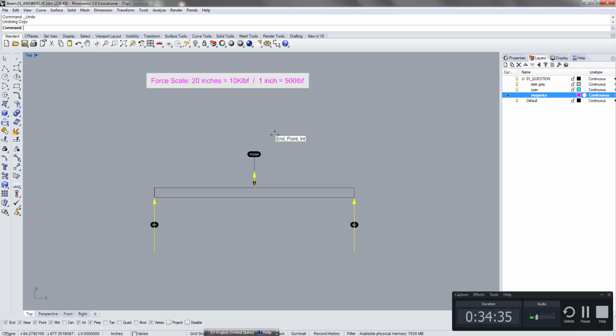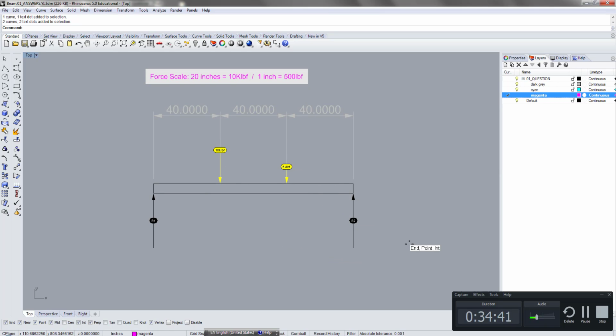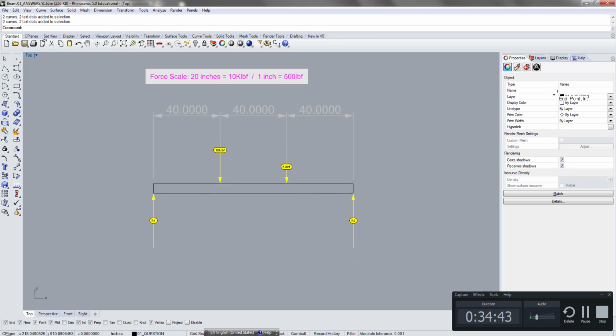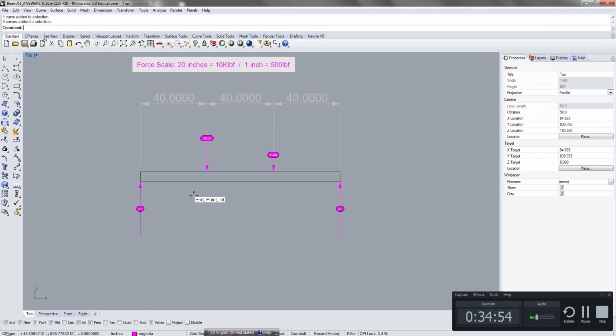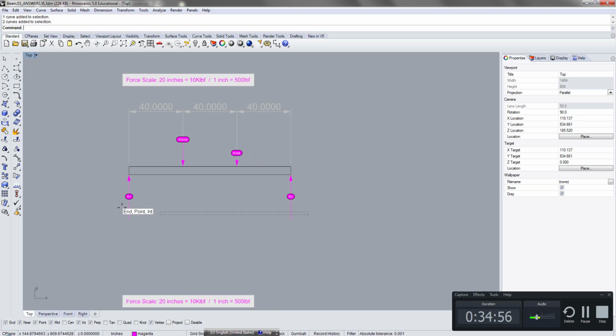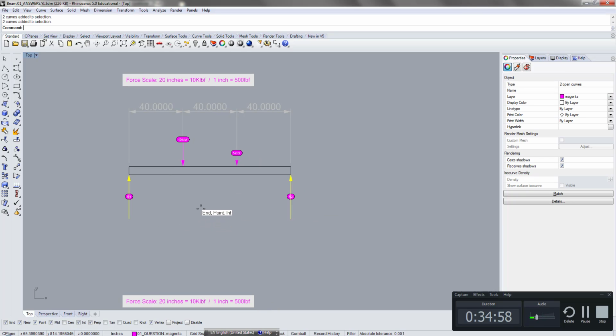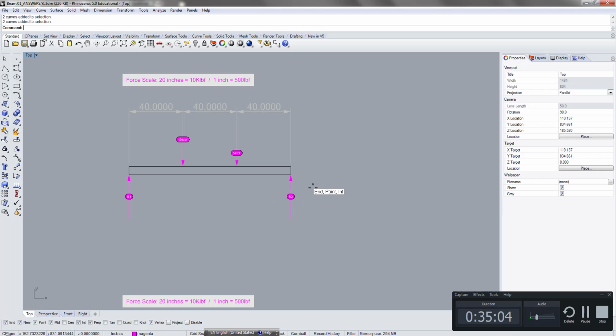But because it's not symmetrical, right? It's 10K here, 5K here. So let's just change the color actually. That's 10K and 5K, and it's not symmetrical, so we don't really know what these two need to be. But we know the addition of R1 and R2 should be 15. So these two are just for now shown diagrammatically, and they're not correct. But anyway, so that's what we are gonna